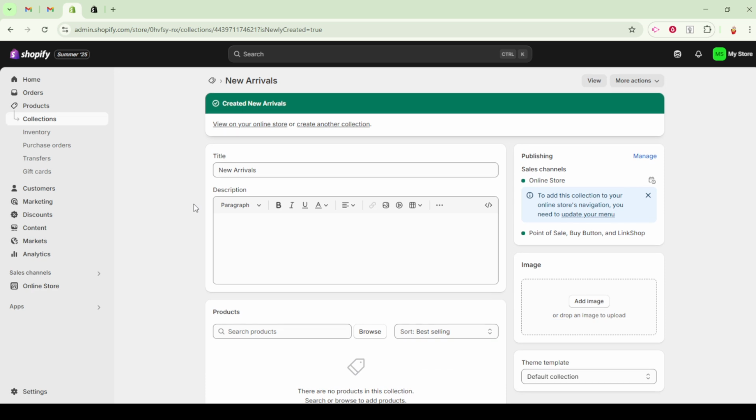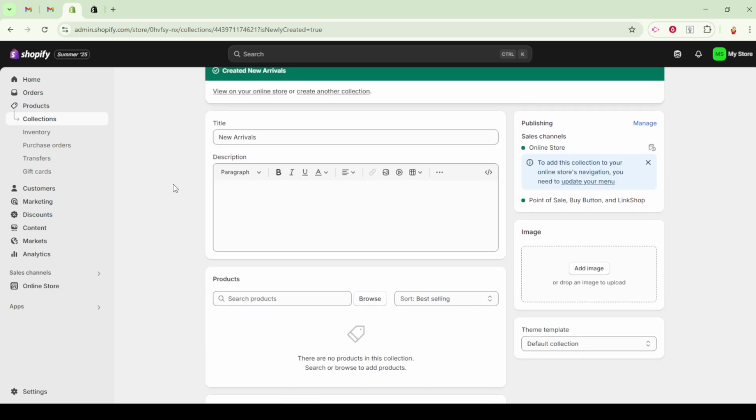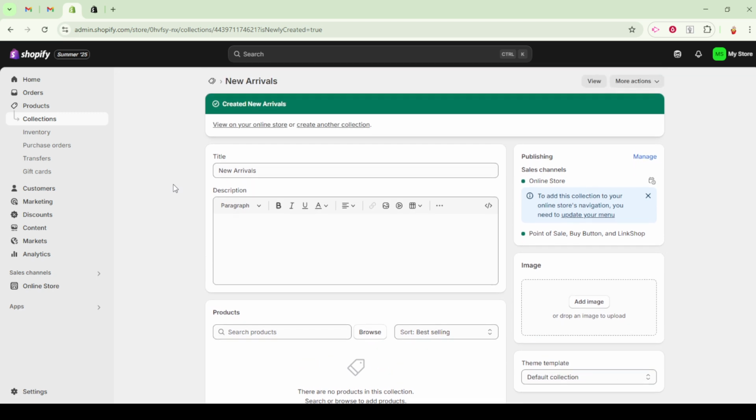Just like with automated collections, display this collection on your homepage or include it in your navigation menu to maximize its visibility. Remember, there are key considerations to keep in mind when creating either type of collection. Automated collections are generally more flexible and manageable over the long term, especially if you're dealing with a large product catalog. If you're using Shopify Flow, ensure that the tags you use in the workflow align with the ones set